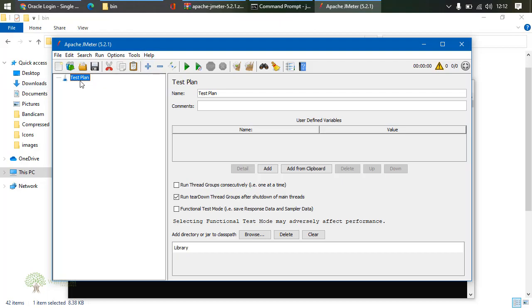This left section where you can see the test plan written and highlighted is the project explorer pane. Here you can see all the elements related to your project. On the right part, which is the bigger part, this section is called the properties pane. Whatever element you highlight over here would show its properties here.